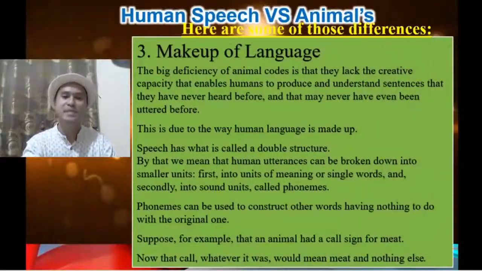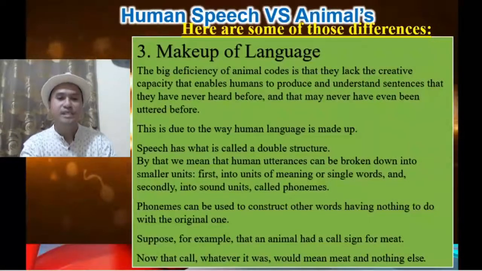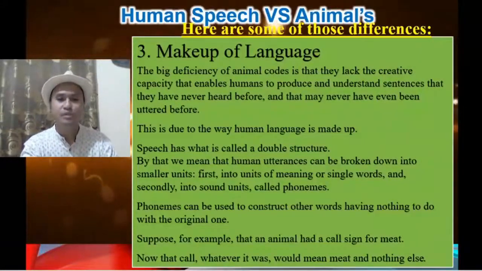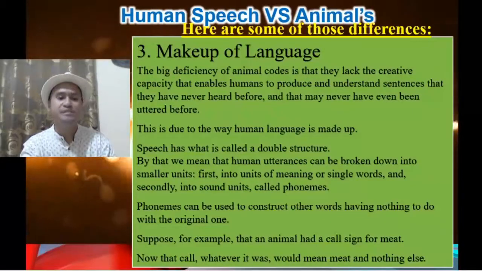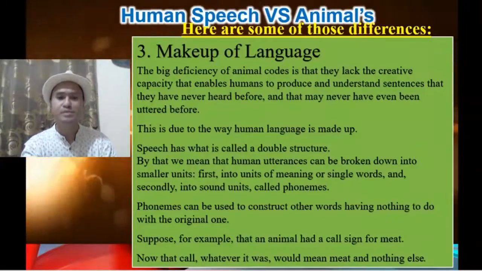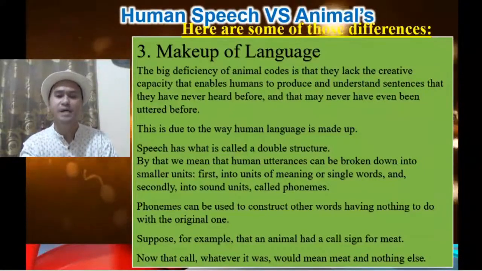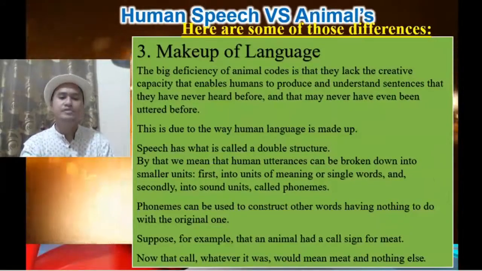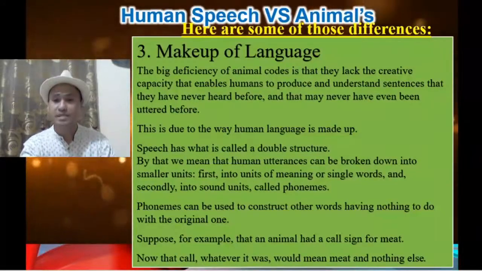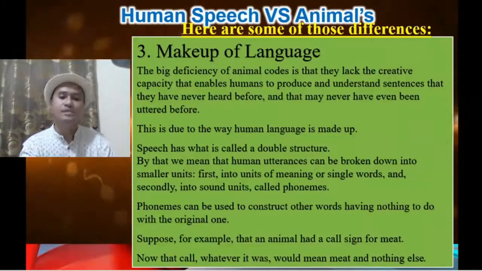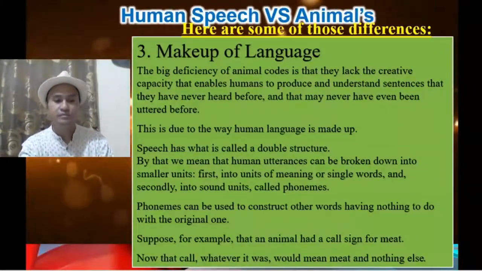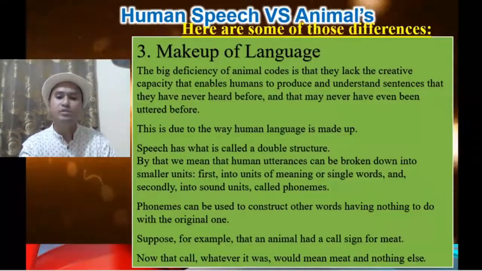Number three, make-up of language. The big deficiency of animal codes is that they lack the creative capacity that enables humans to produce and understand sentences that they have never heard before, and that may never have even been uttered before. This is due to the way human language is made up. Speech has what is called a double structure. By that, we mean that human